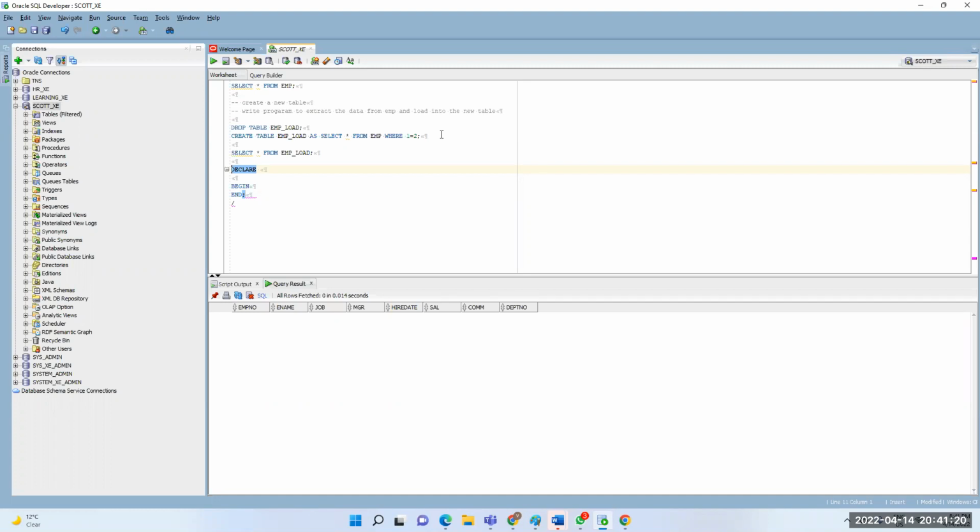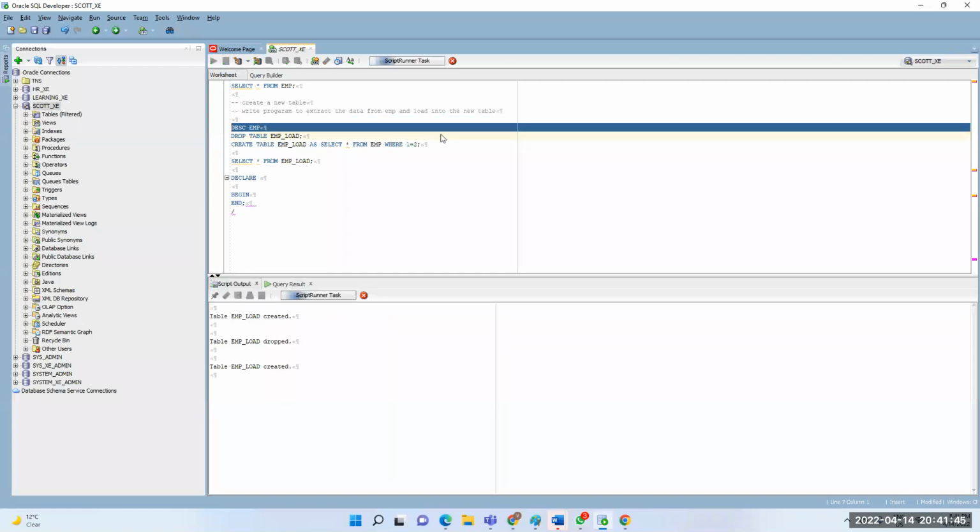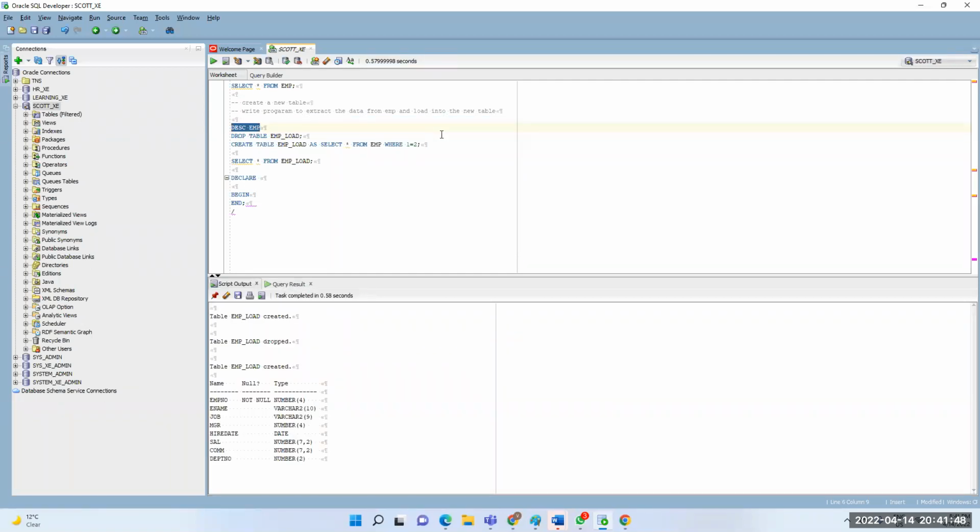I'll tell you. Consider we need to alter a column name. Let me explain. Here, employee name, we have just 10 characters, right?